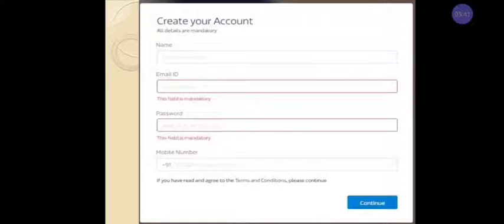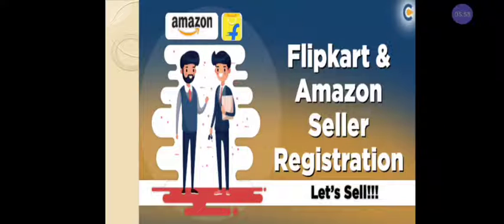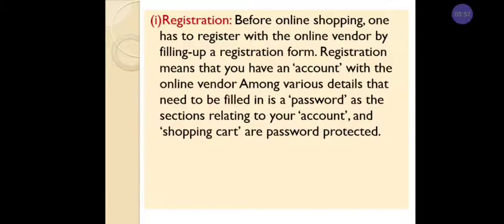After that you will get an OTP. You have to enter that OTP. Finally, you will get a registration, you will get a shopping cart, and the password will protect your account. It is called registration. In simple terms, before purchasing a product online, the customer has to register with the online commerce website.